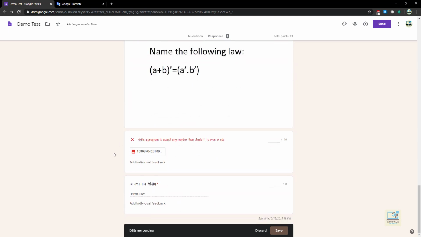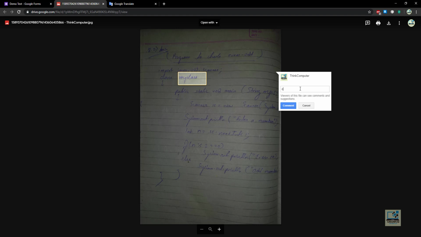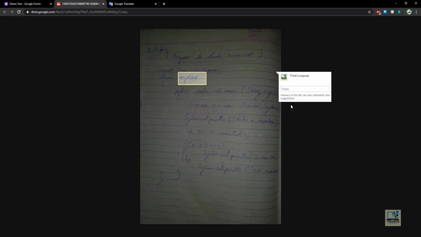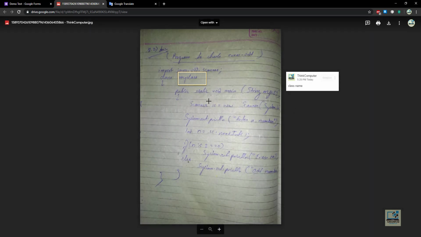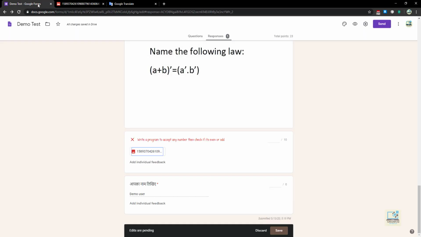Now here is the answer which is uploaded. Click on the link. It will open a new tab and in that tab you can properly see the image that is uploaded by the student. You also have the option of putting comments in the answer. You can do that, but the student will only be able to see the comment if they are using a desktop computer, and also if you have shared the folder where you are storing the images of the responses. I will give the marks 10. Now once you have completed, click on the save option.